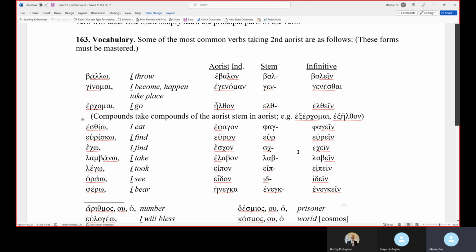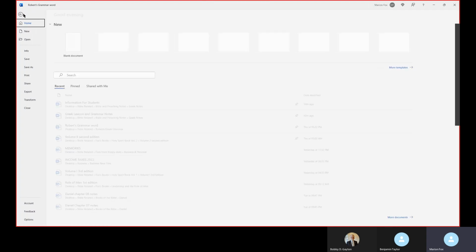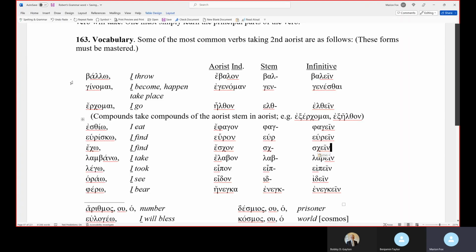This is supposed to be a sigma. That is a mistake in the book, and it wasn't right. And I've got that fixed. Okay. That is a mistake. Save it. All right. Any questions? So now we can see our stem there. Hadn't noticed that. And so that's what it is.